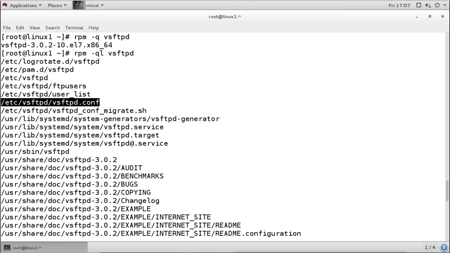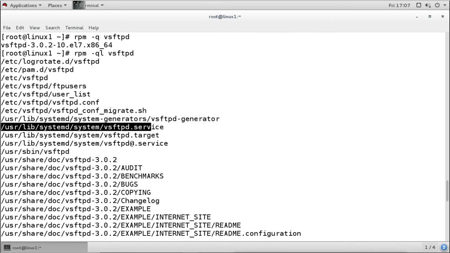Then, when we want to run the FTP service, we have to know what the service file is. This is the service file for this FTP service, vsftpd.service. This is the service unit for systemd, and it needs to be run when we want to start the server. It is located under the usr lib systemd system directory, where all the other service unit files are located. If you want to start or stop the server, we use this service.